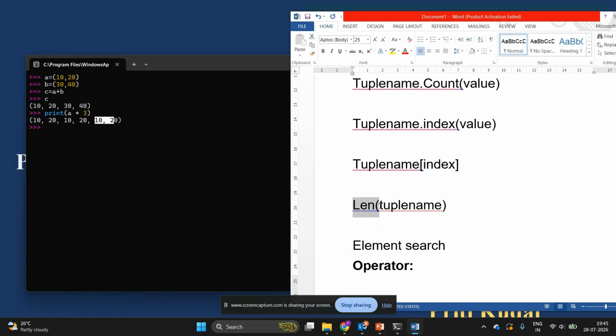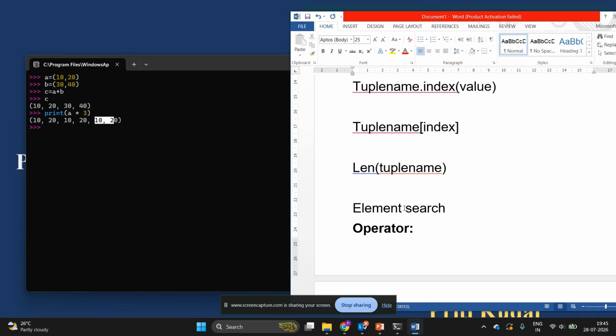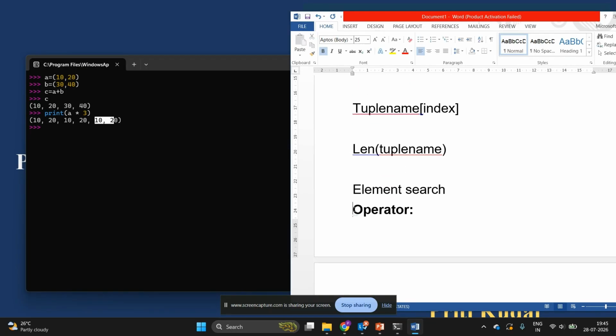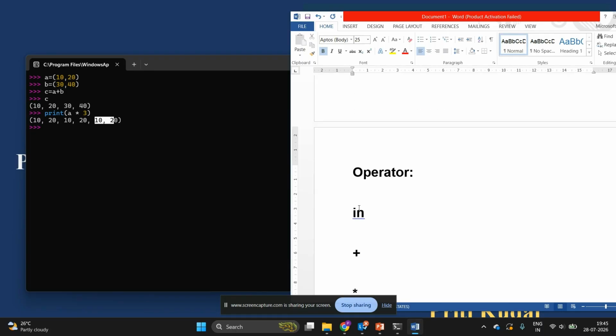The len method is used to display the number of elements available in the tuple, and the operators that can be used in a tuple are in, plus, and asterisk. In is used to search whether a given element is available in the tuple or not. It will return true or false.